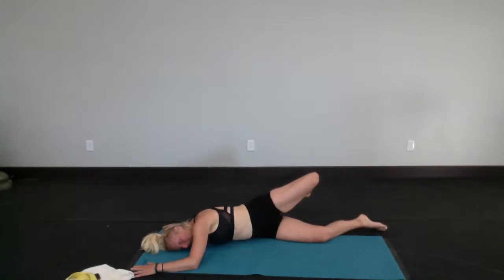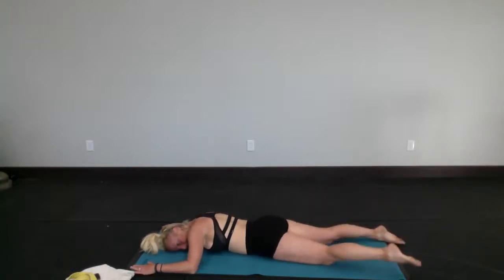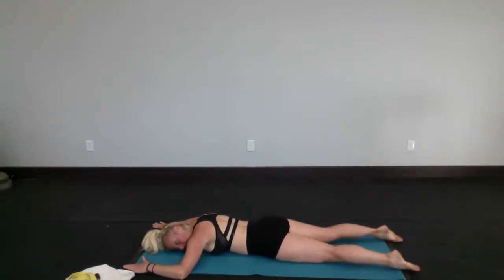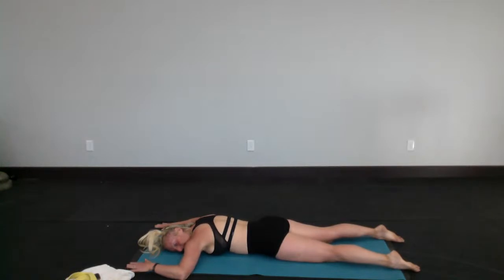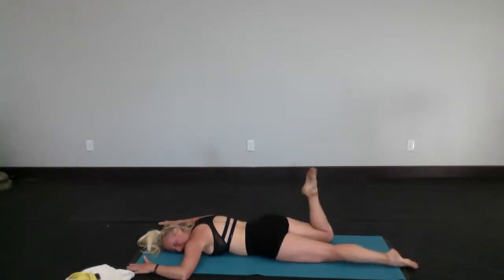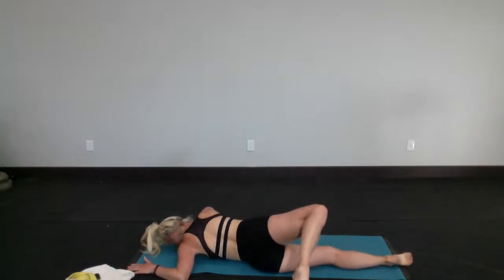All right, big inhale in. Exhale, come back to center, nice and slow. Straighten up that leg. And you're going to turn your head and face the other direction. I'm going to see if I can do this facing you for a bit. But you're going to turn and face the other direction. We're going to do the same thing. Bend that other knee, toe to the ceiling. You're going to pick that leg up, take it over top,